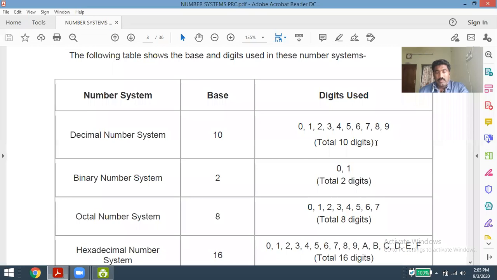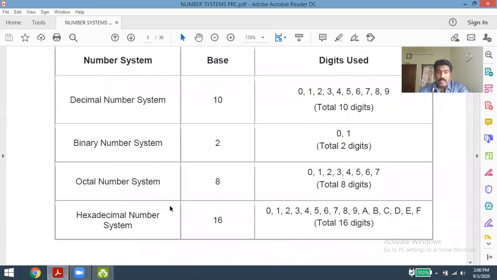Let us once again see what are the four types of number systems we are having. The decimal number system, I have already discussed. There are a total of 10 digits in it, starting from 0 to 9, that is 0, 1, 2, 3, 4, 5, 6, 7, 8, 9. If any number system contains these digits, we can name it a decimal number system. In the binary number system, we have only two digits, that is zeros and ones. And in the octal number system, we have a total of 8 digits, that is 0, 1, 2, 3, 4, 5, 6, 7, the values from 0 to 7.